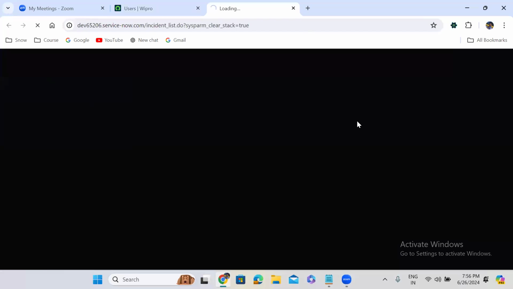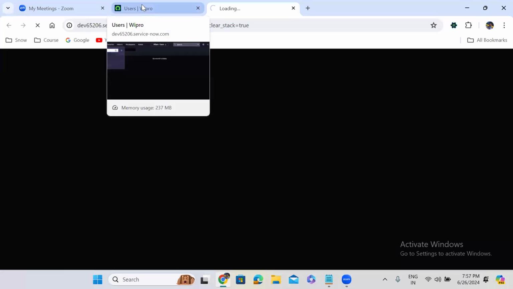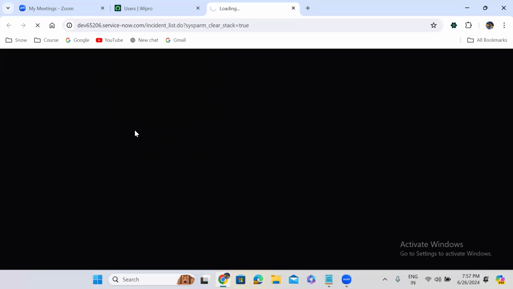In the incident table, there are a total of 5 lakh records. It is taking so much time to load. Okay. Instead of that,